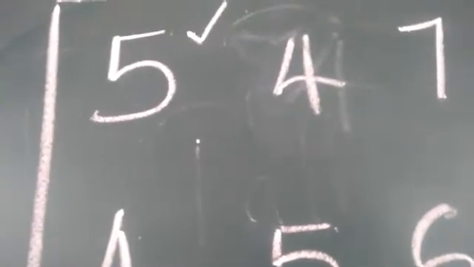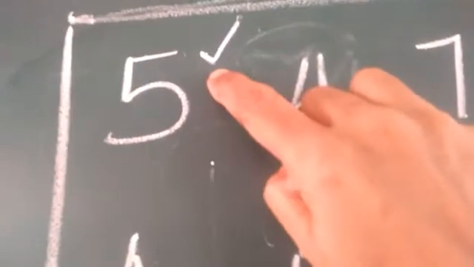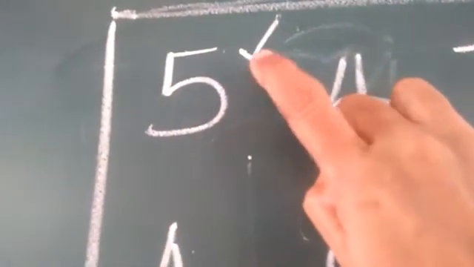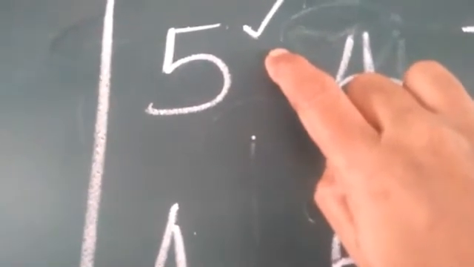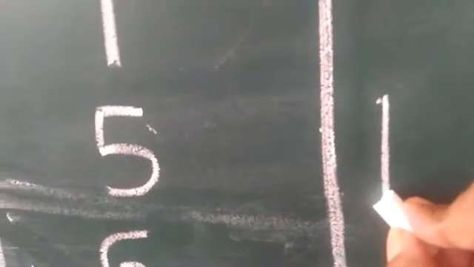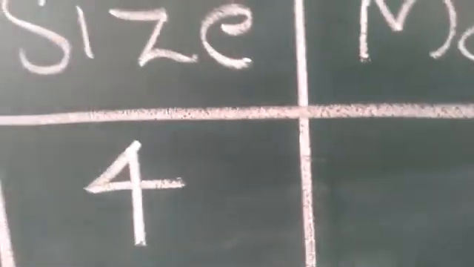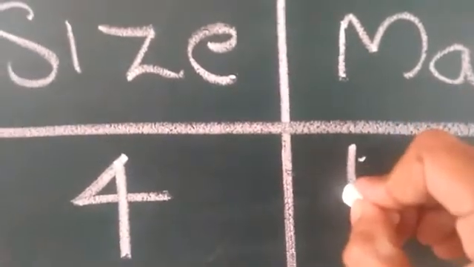First size is 5. So, we will select that 5 now and we will put a tick mark there, to understand which 5 we have selected. The next step is we put one tally mark against this 5. Then the next size we will observe, which is 4. Then against 4 we will put a tally mark. First we are selecting here, then against 4 we will put one tally mark.